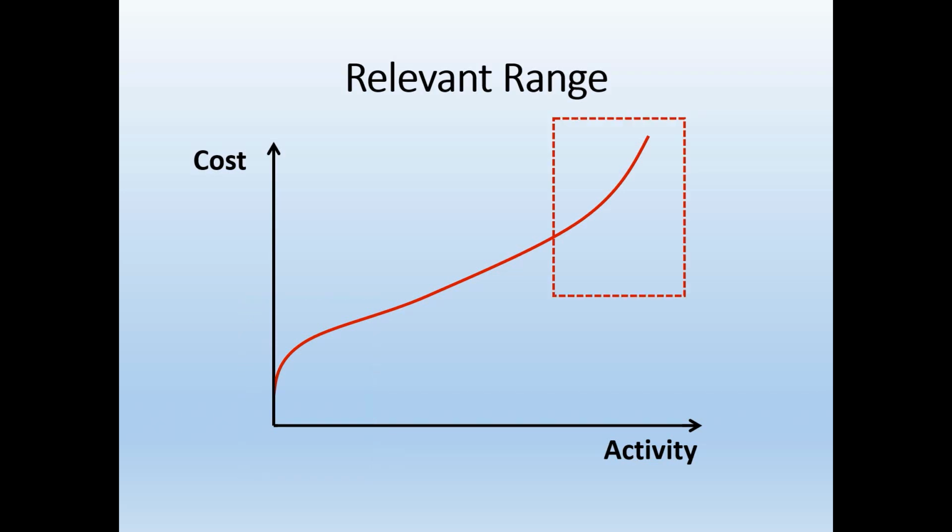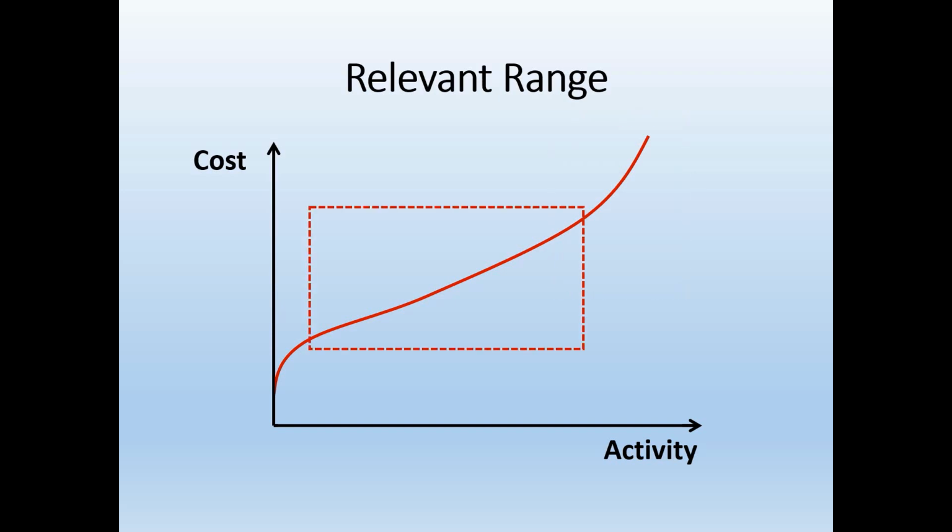It's also not much like a straight line at the highest level of activity, but the firm isn't going to be operating at very high levels either. But in the middle, in the range of the firm's likely activity levels, it looks a lot like a straight line,